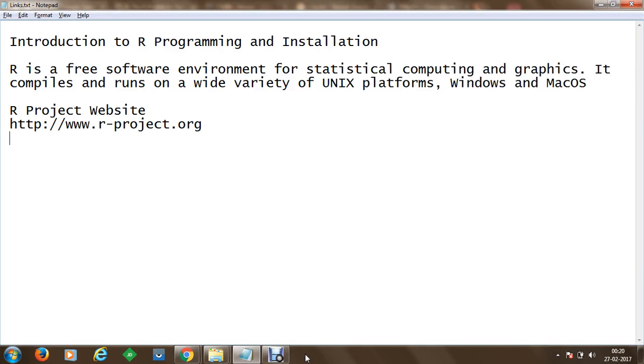Welcome. In this session, we are going to introduce R programming and understand the installation of R on the Windows operating system. R is a free software environment for statistical computing and graphics. It compiles and runs on a wide variety of Unix platforms, Windows and Mac operating systems. The R project is available on the website